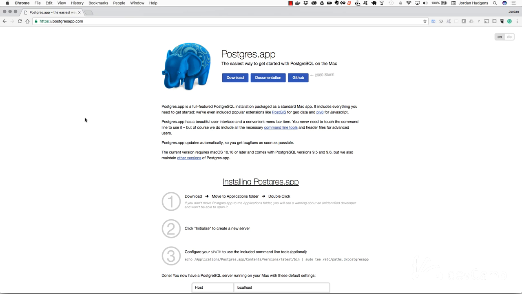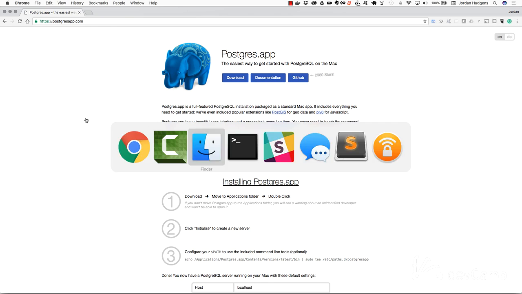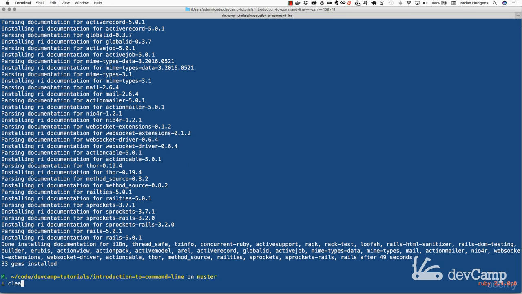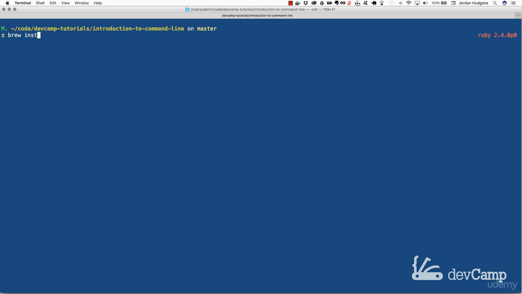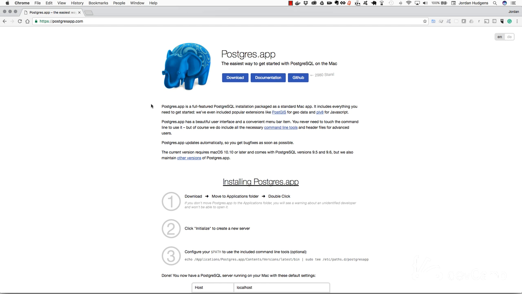One would be to use the Homebrew installation, and to do that, if you want to do that, you can come in the terminal and type in brew install, I believe it's just postgresql, and that will install it for you. The other way, and this is the way that I personally recommend to developers, especially new ones, is